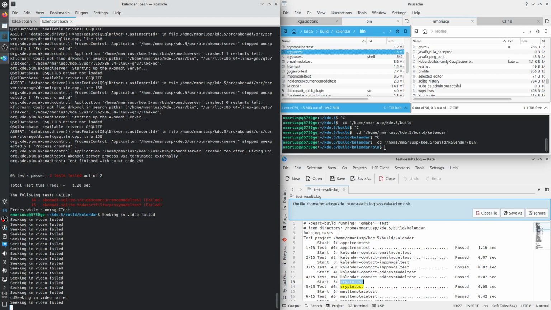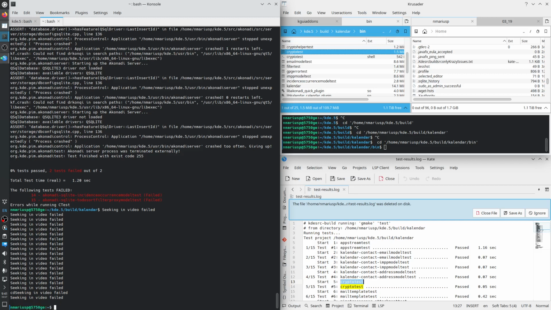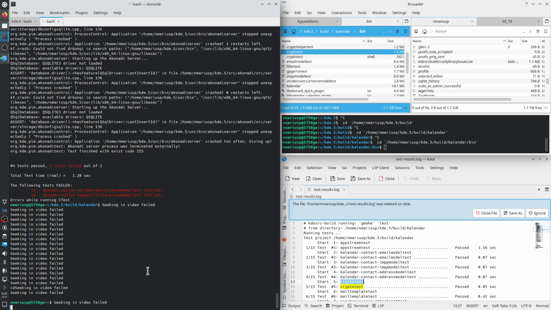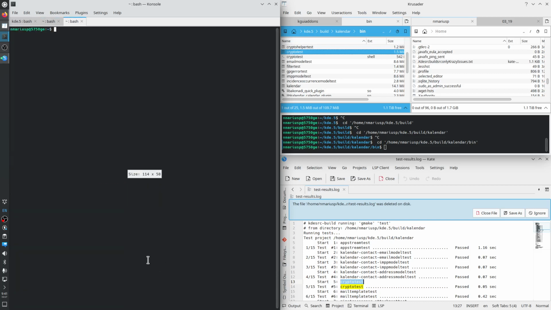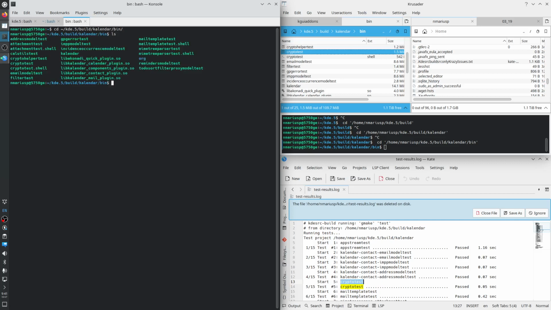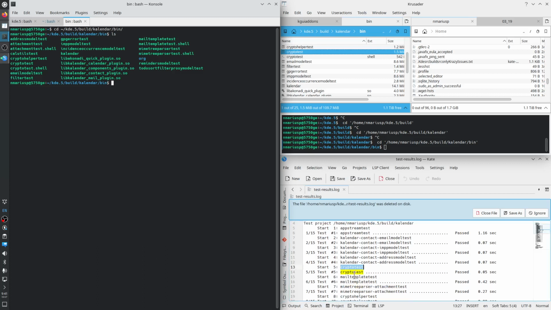Where are we? Control Shift D. Okay. Build, calendar, and then bin again. And let's look at the executables. So there's cryptotest,